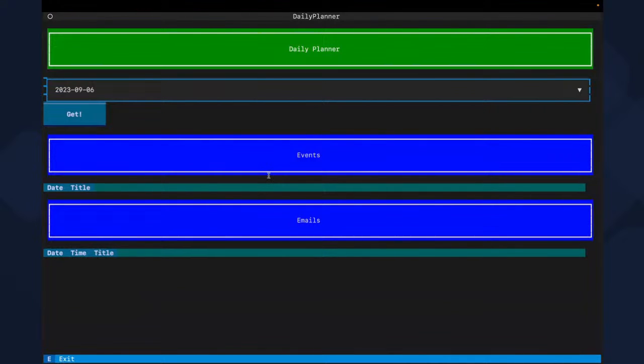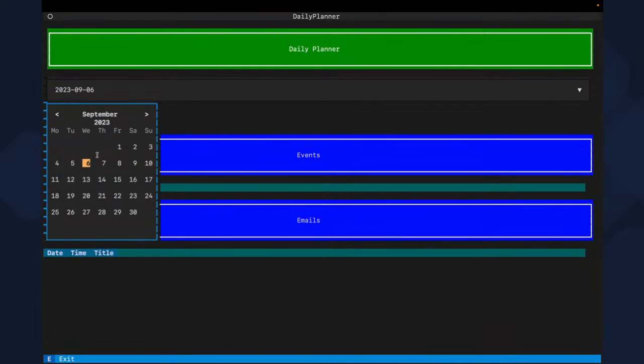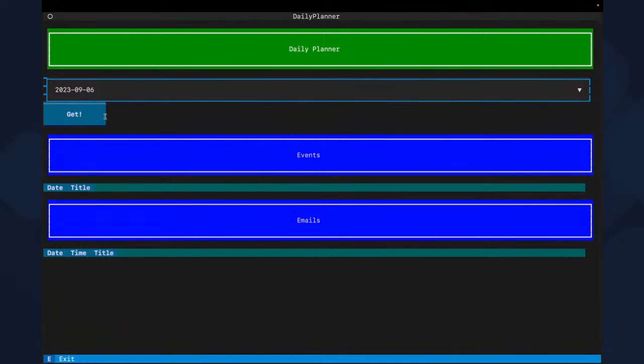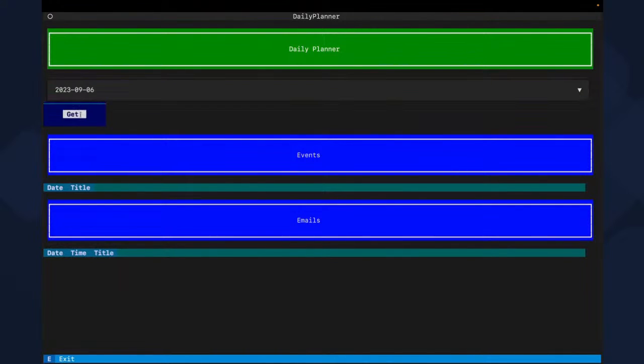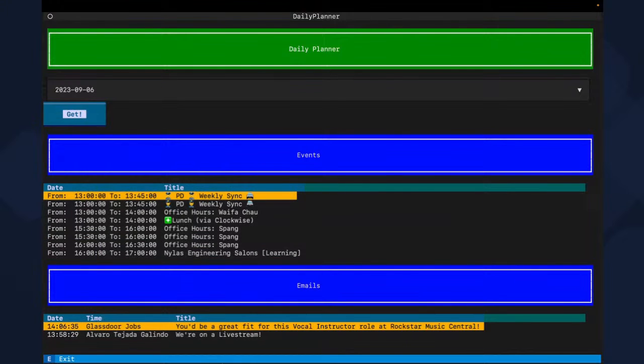It's on the roadmap, but it's not there yet. But I found something on GitHub that actually does the same thing. So you see here that it's selected for today. I can click here, and I can select any other day that I want, which is amazing. So when I click Get, in the same manner, I'm going to get all my events and all the emails. And you can see that I have just a new email